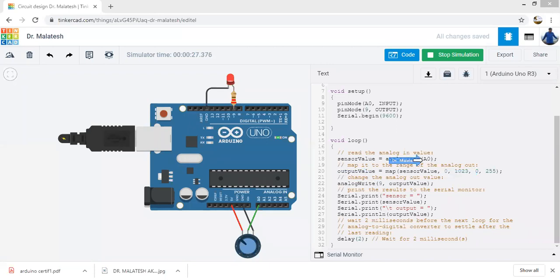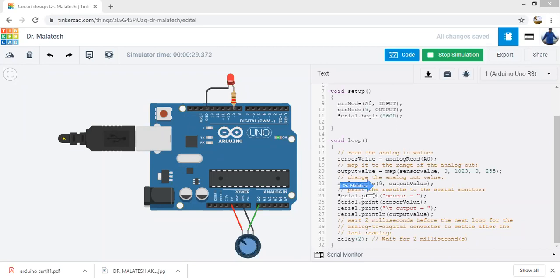So in a simple way, the analog voltage from the A0 is converted into digital and put into the output value. That output value is sent to pin 9 continuously. So depending on that voltage, the current flows through the LED, and its intensity depends on the current flowing through the LED, as already we know.